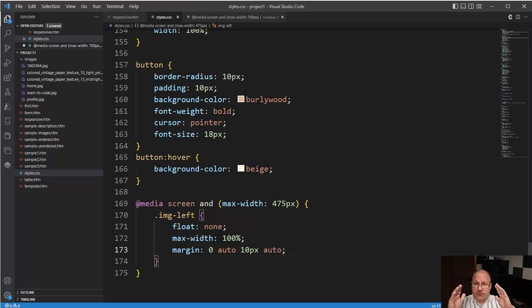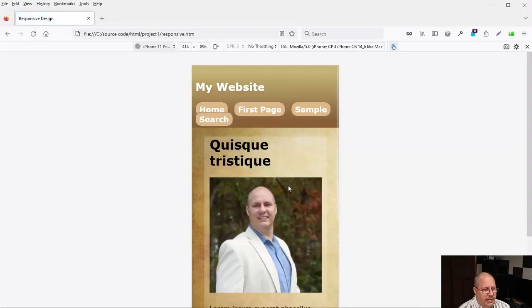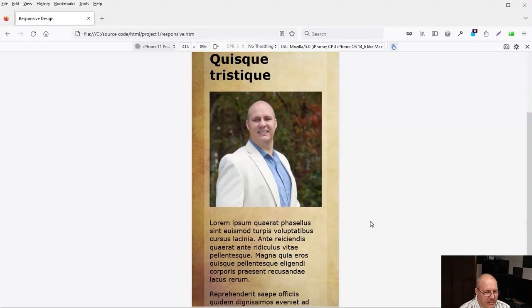If it's the full size of my containing element or bigger, I'm going to shrink it down so it's just within that containing element. Query here, reload, and you'll notice that it now fits appropriately within that containing element. We gave it the extra padding, none on the top, because I have this heading here. That's going to automatically push it down. I don't need to add to it. But I did give a little bit of margin at the bottom